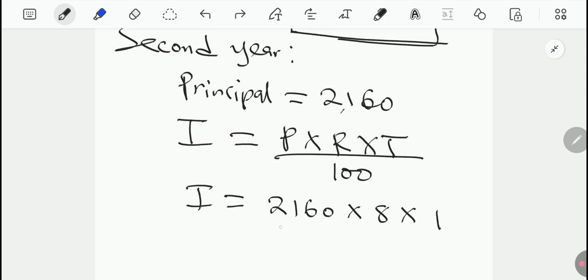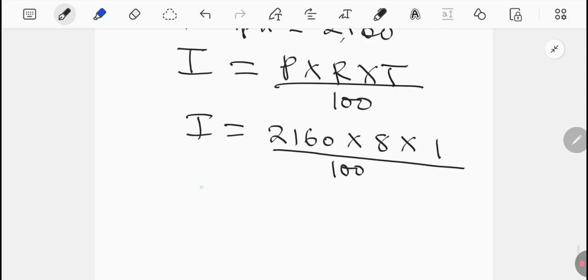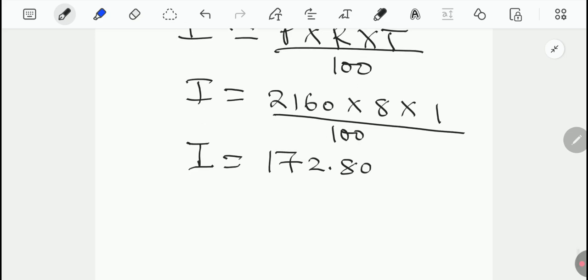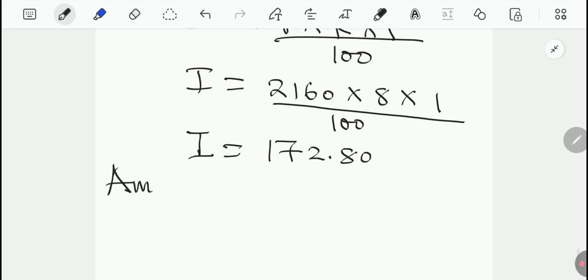Is it okay? All right. Divide by 100. So interest is the same as, if you calculate very well, you're going to get 172.80 if you press your machine very well. Now amount in the second year is equal to